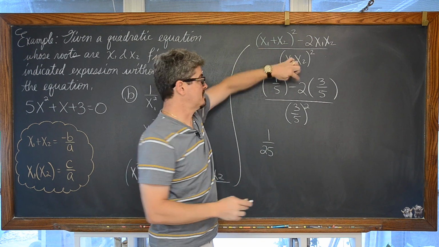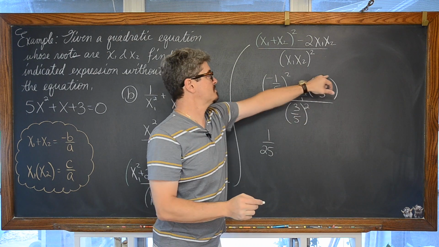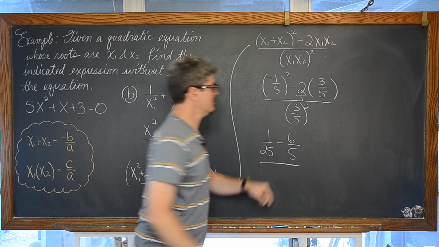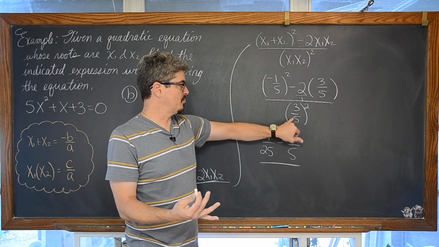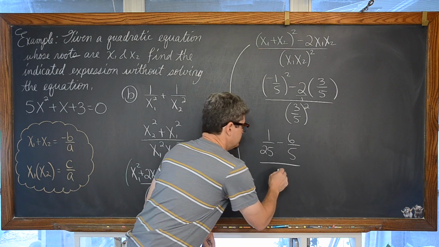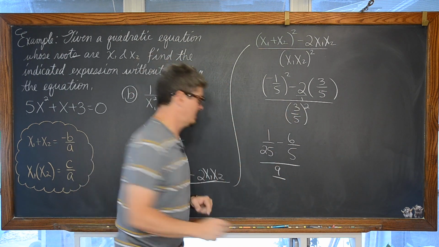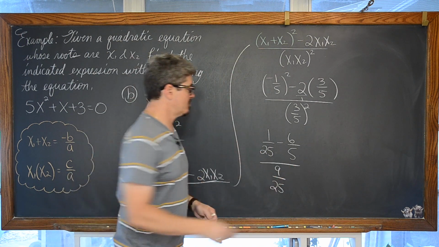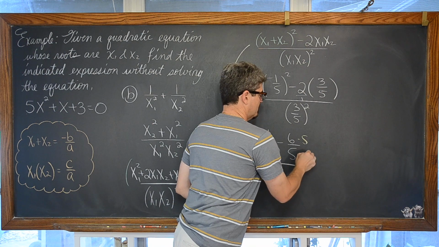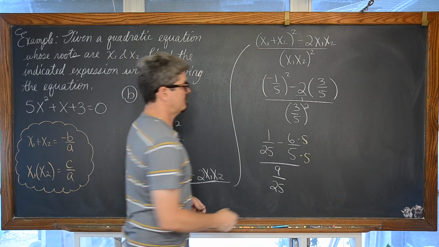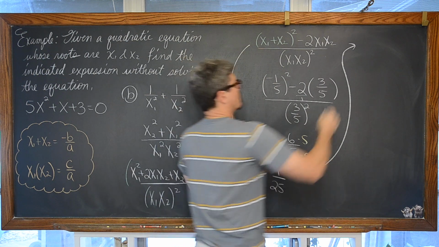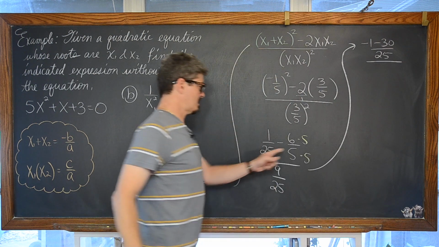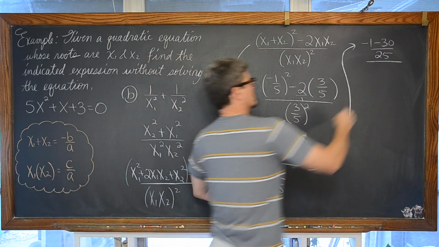We have minus, and this is 2 over 1, so 2 times 3 is 6. 1 times 5 is 5. Over, you're squaring a fraction, you're squaring both the numerator and denominator separately, so 3 squared is 9. 5 squared is 25. We're getting excited. We're almost done. We need a common denominator, so we're going to multiply the numerator and denominator by 5 here on our second term. And we have negative 1 minus 30 over 25, our common denominator. All of that over 9 over 25.